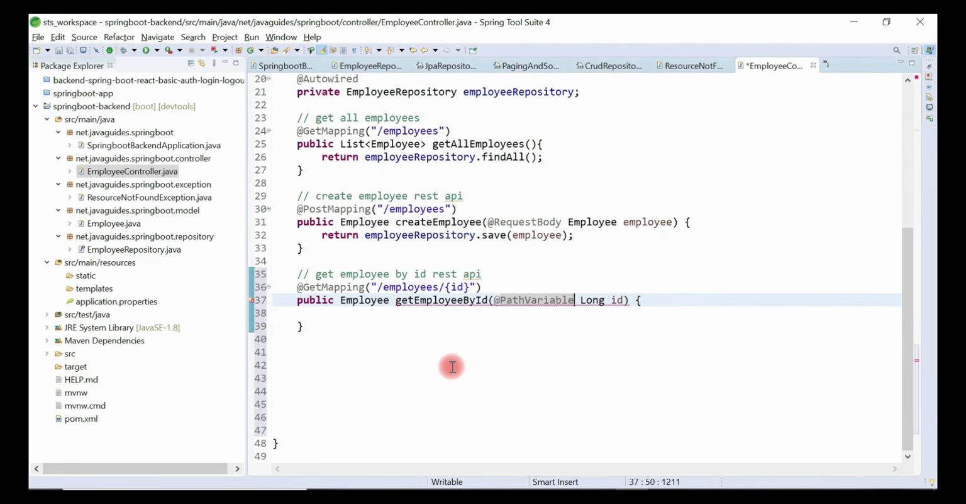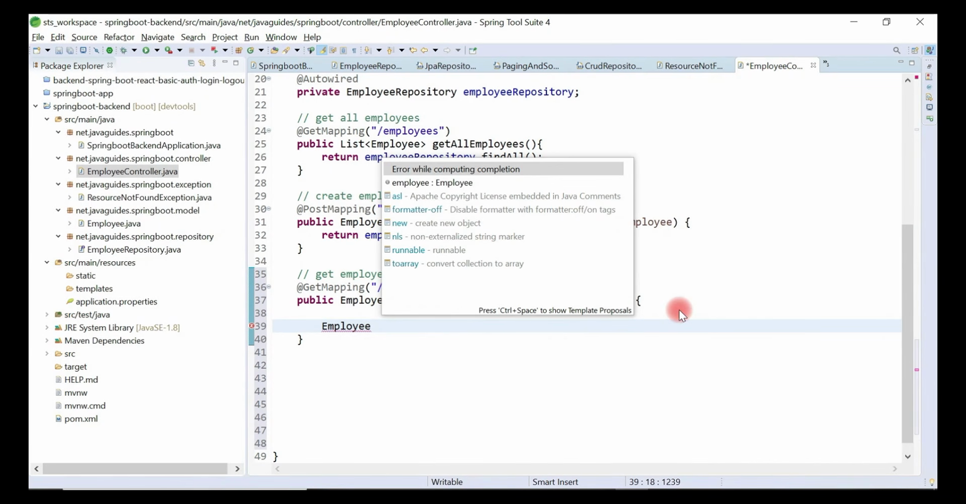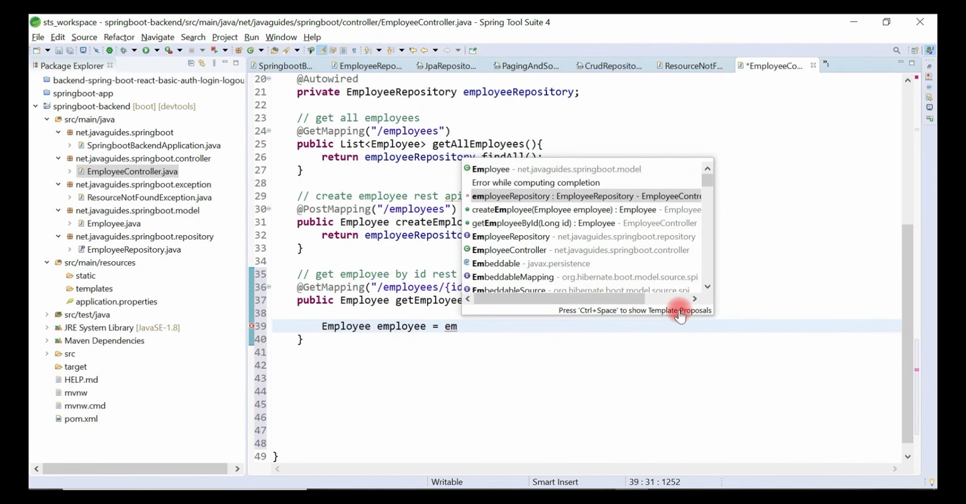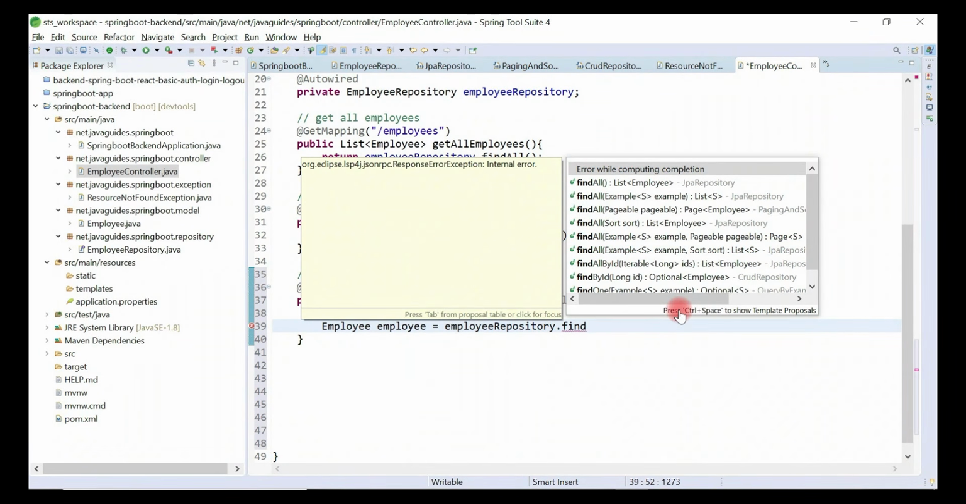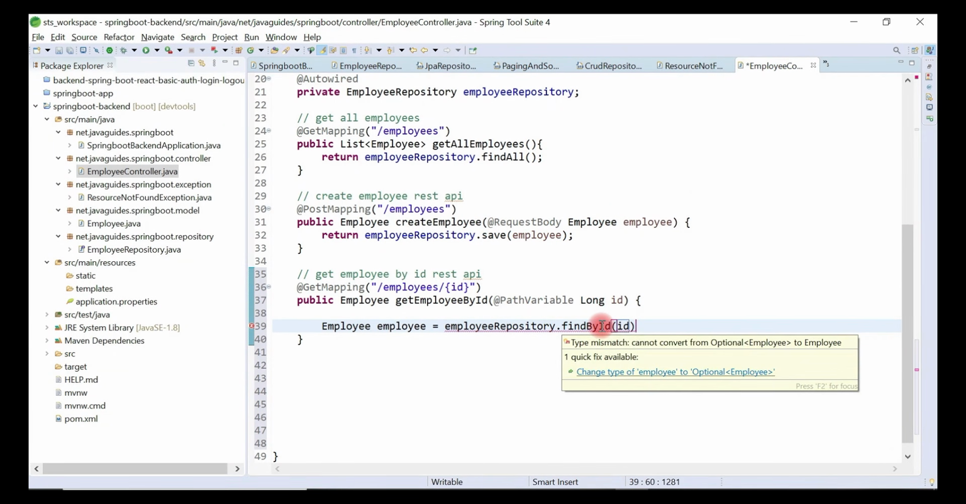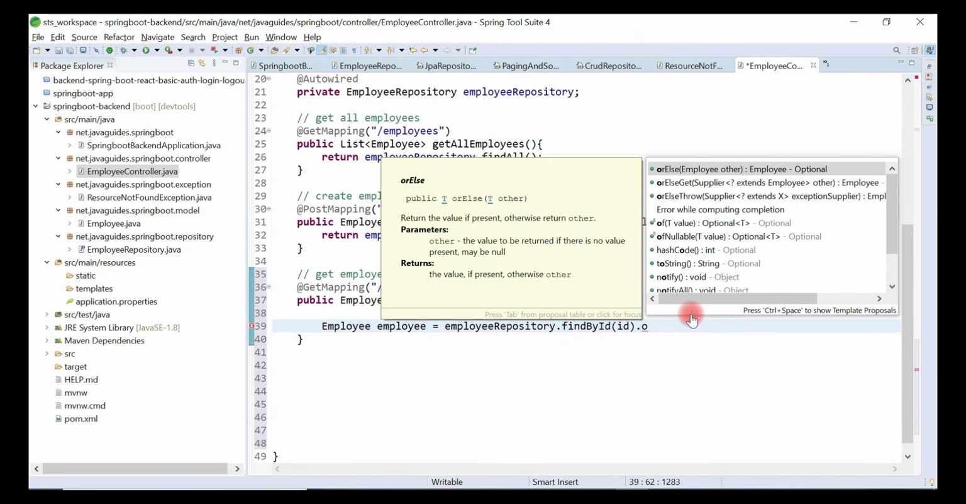Now let's retrieve an employee object from the database. For that we are going to use the employee repository. Let's create an employee object here, and let's use the employee repository and call the findById method, and just pass id to the findById method. So look here, findById returns Optional as a return type. So here what we'll do, we'll use dot